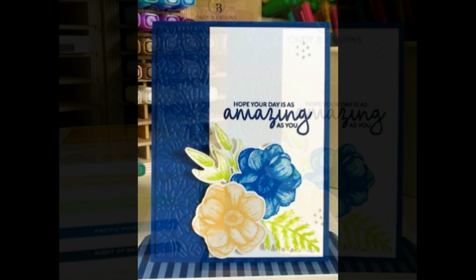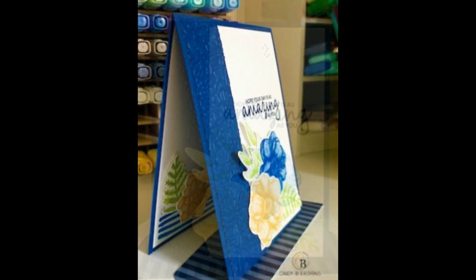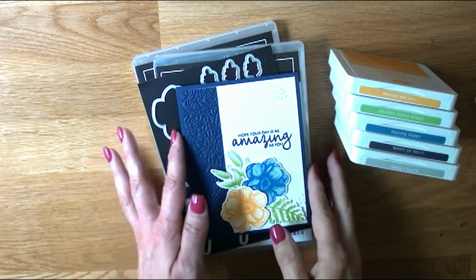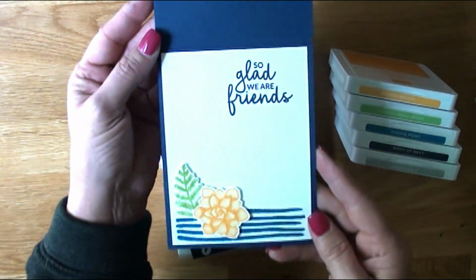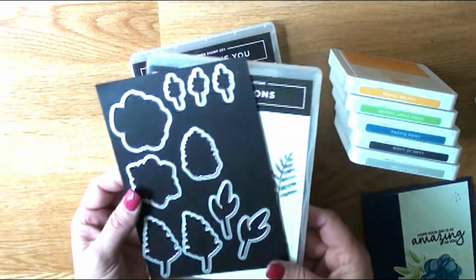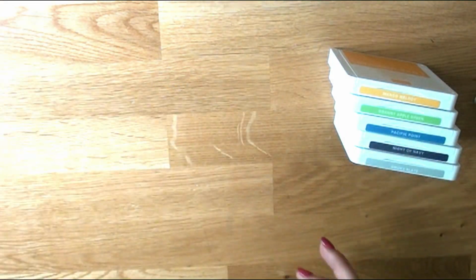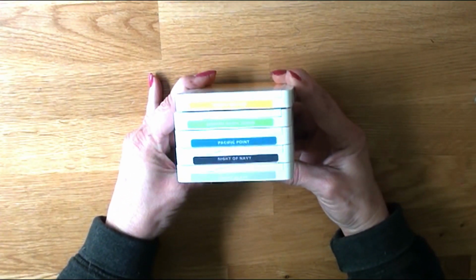I have Painted Seasons and Oh So Eclectic. And that is our card. Every single time I use Painted Seasons, somehow I use the exact same layout, just different colors. So again, there is our card, and there is the inside. That's Painted Seasons with the dies, and I'm not getting rid of that, even though it's kind of retired, but check the clearance rack. Our colors are Mango Melody,